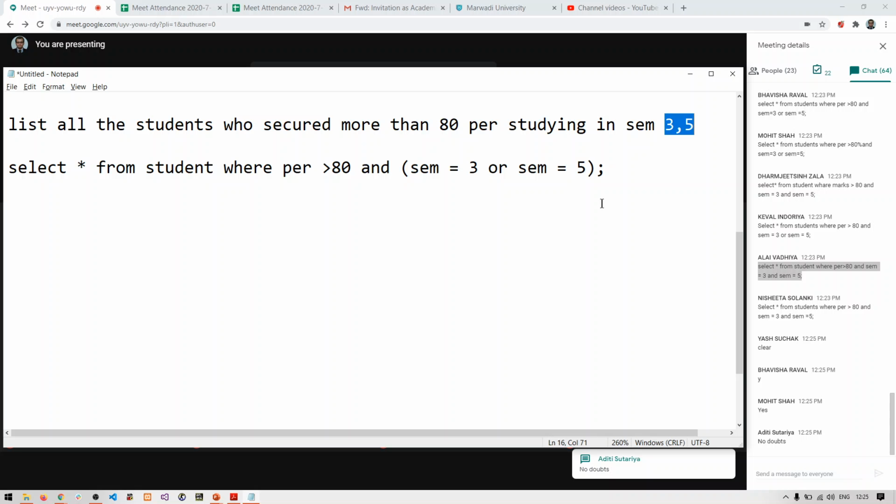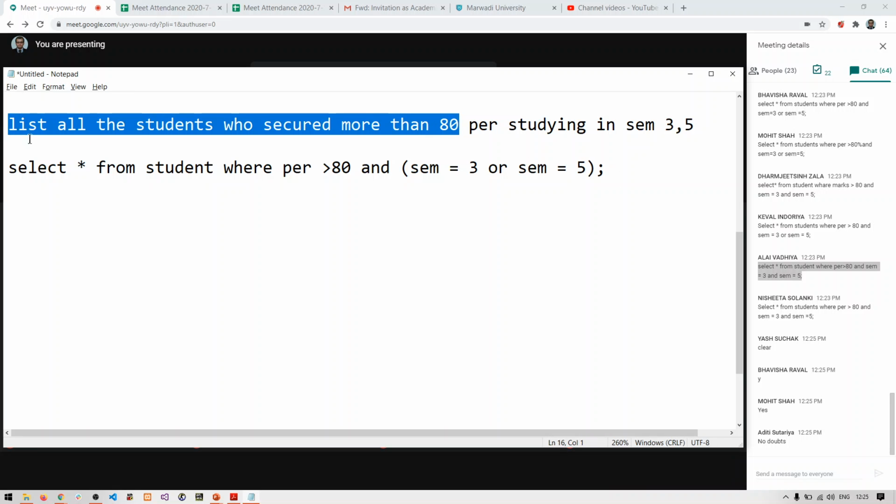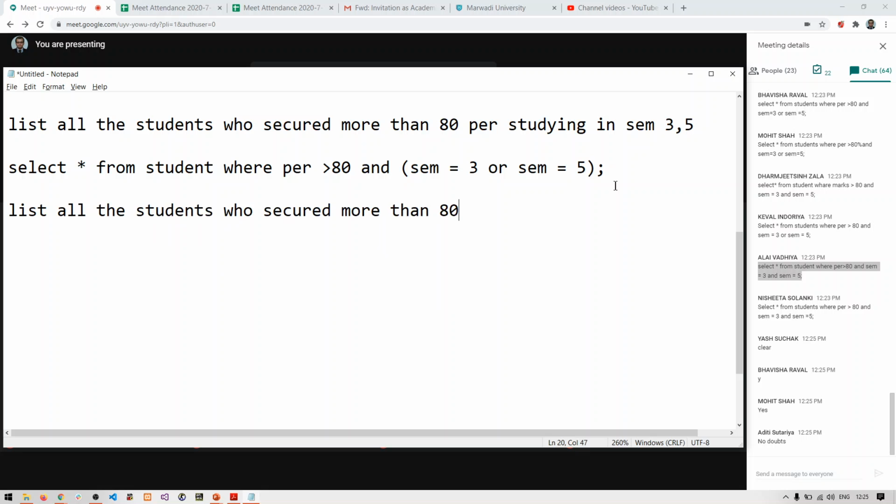Okay, then give me the answer for this. I am writing the question next. List all the students who do not secure more than 80 percentage. This is what the question is. List all the students who do not secure more than 80 percentage.